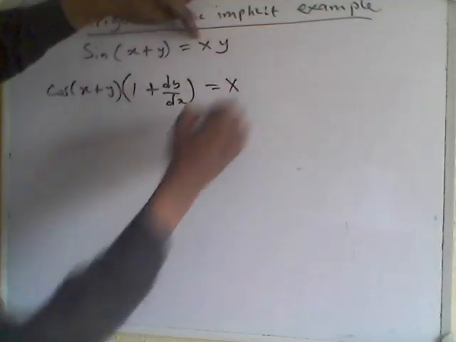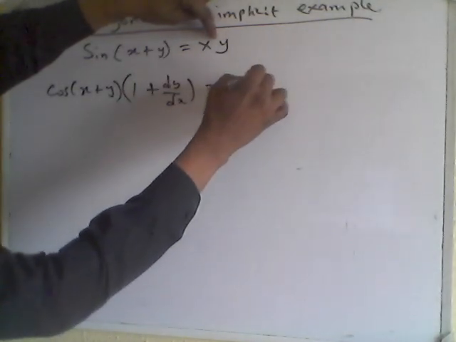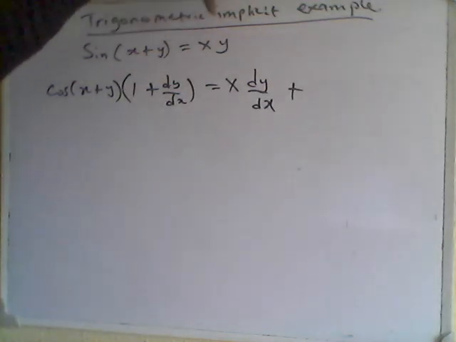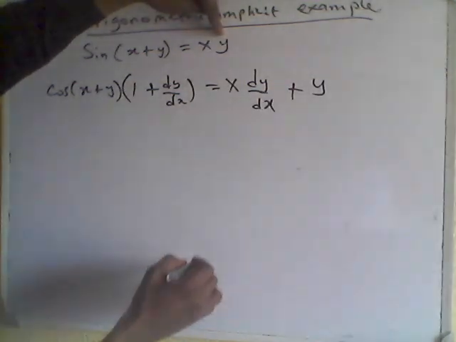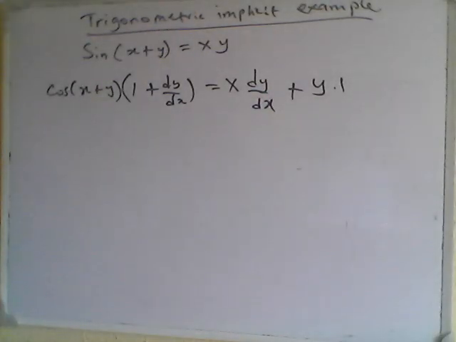This. I've written it down, right? Then this is dy dx. Okay, plus this, all right, y, then this is 1, right? Okay, so